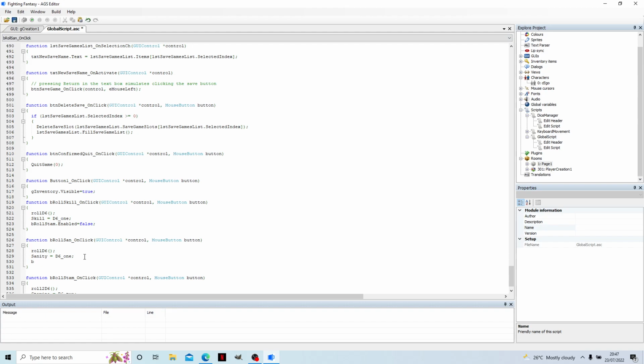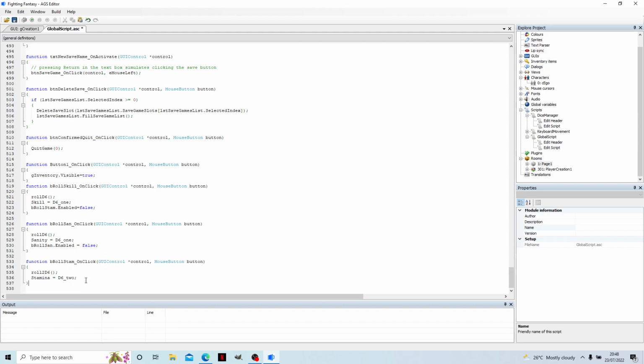So b roll sanity dot enabled equals false. And we'll do the same here. So b, that's skill, isn't it? That wasn't stamina. Skill. So b roll stam dot enabled equals false. So if we run it again,